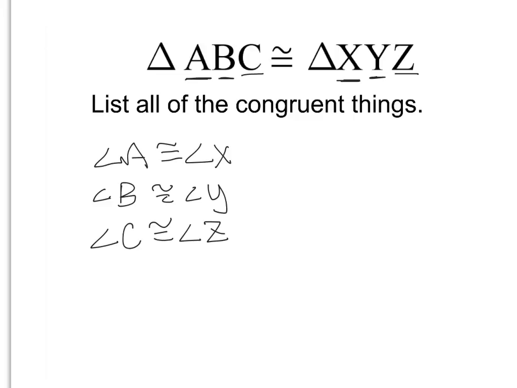Okay, so that's angles. But now let's look at sides. I know the sides are also congruent. The congruency statement also shows you which sides are congruent. If you look, your first side stated is AB, and that's a segment, and that would be congruent to the first 2 letters on the other side, XY. Then look at the next 2 letters,